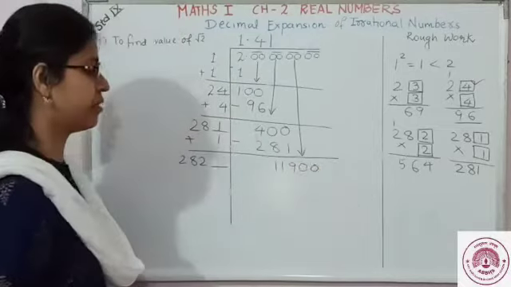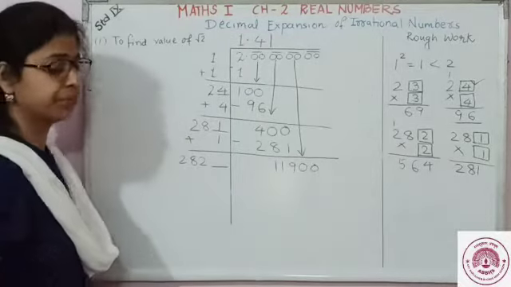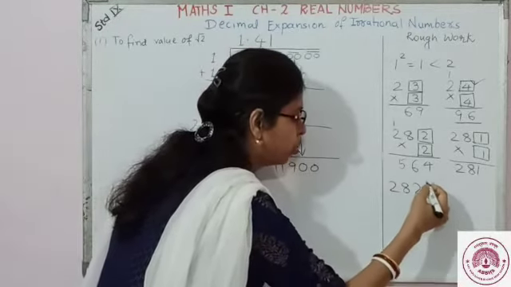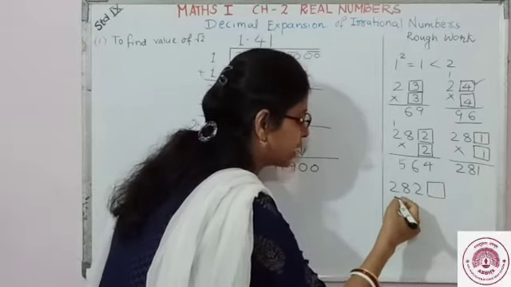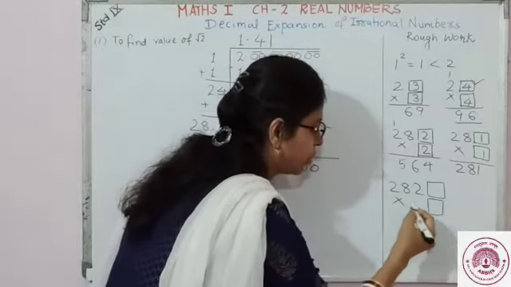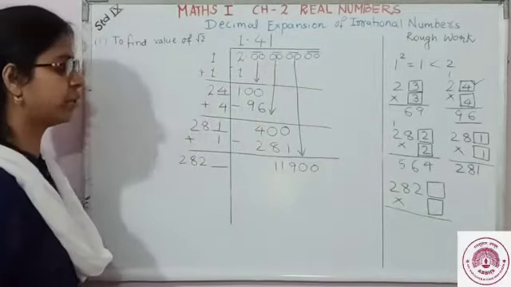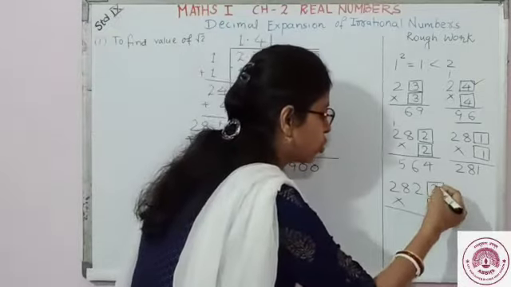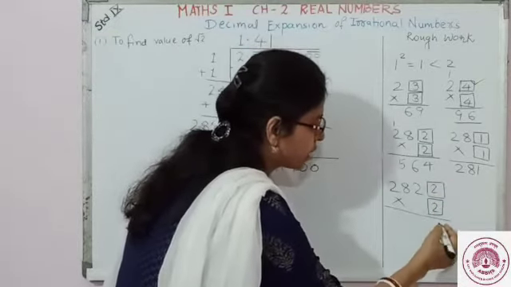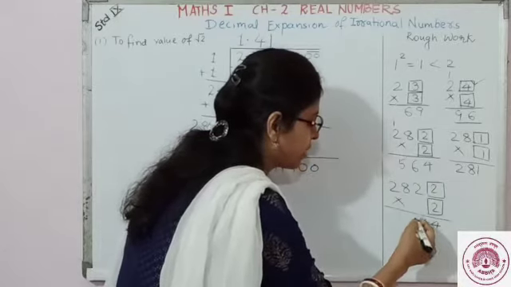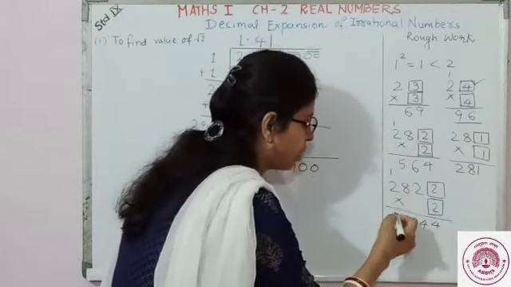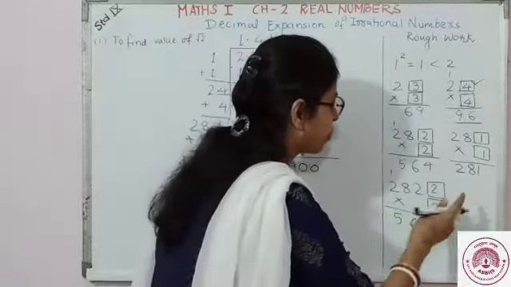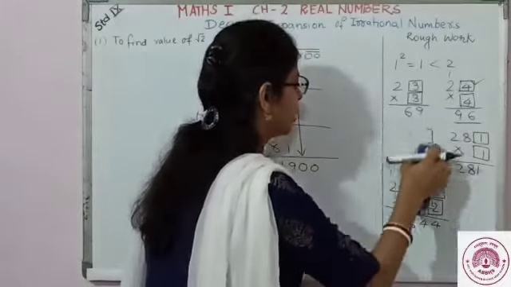So here it is 11,900. Okay. So now let's see. 282. Again I am taking a box here because we have to select again a digit. So which digit can we take here? 282. So let's try with 2. Let's see what we get. 2 2s is 4. 8 2s are 16. 2 2s are 4 plus 1, 5. So it is a very small value. Let's check with one more value.